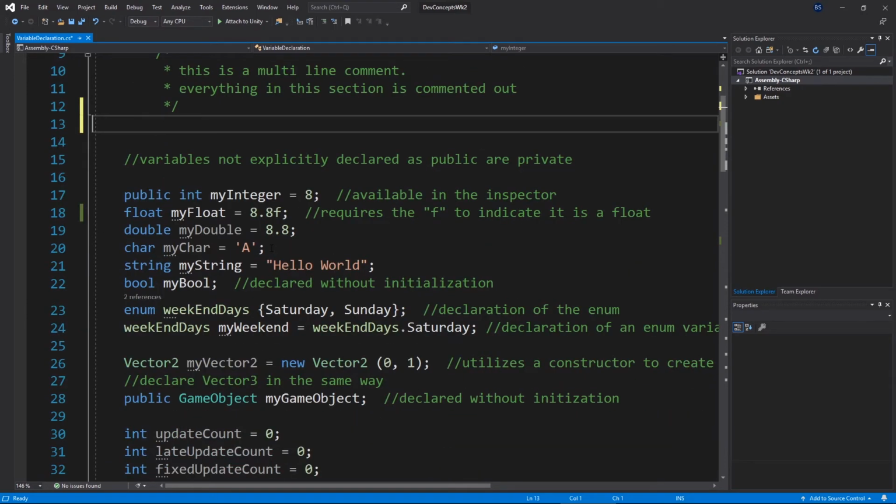In this particular example, I really just want to take a look at the declaration of variables and the print and debug log. There's other stuff that's occurring within here that we're going to ignore for now. So right away, any variables that are not explicitly declared as public are private. By default, they're private. So I've got myself a public int, my integer, which equals 10. Because this is public, it is available inside of the inspector. If we look at the inspector in Unity, we will see my integer 8